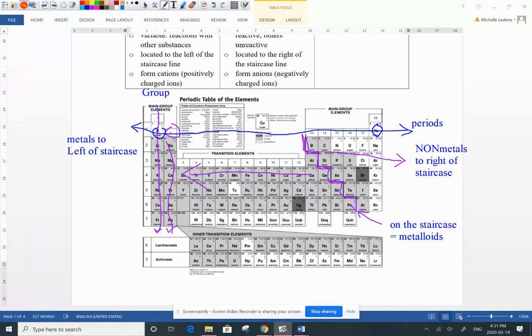vertical is groups. So you guys can go ahead, work on these questions. If you have questions,